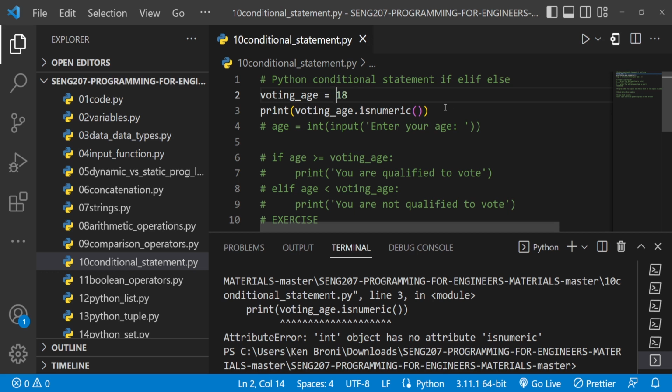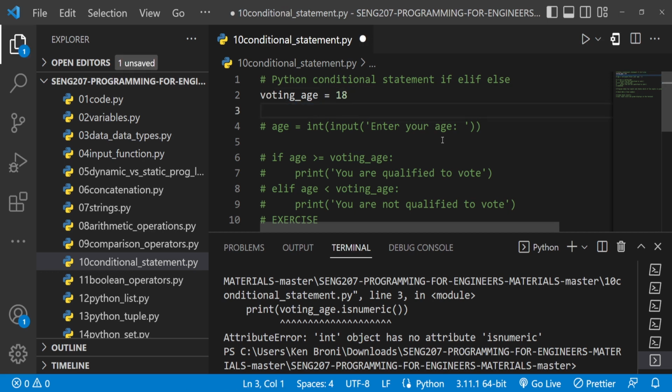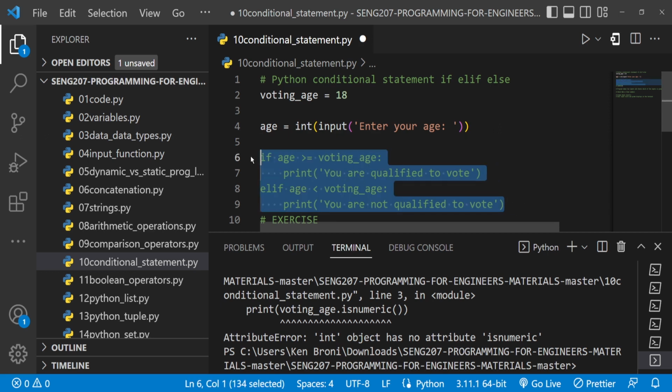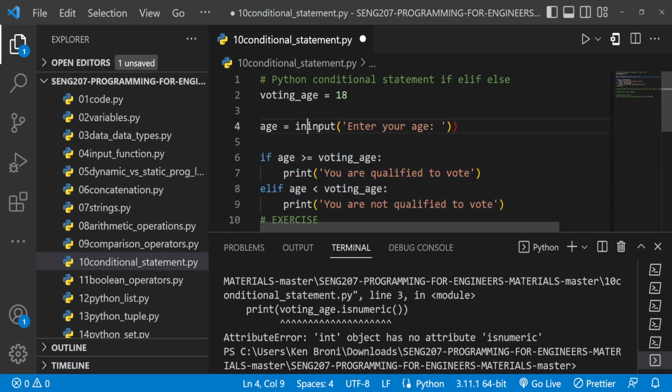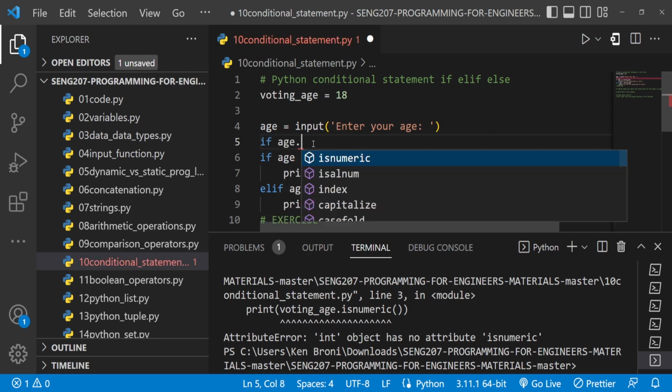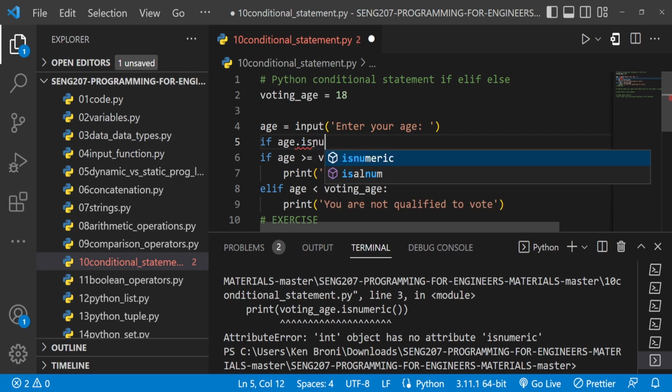So when we do a typecast, the reason why I need to bring all this is if we do a typecast at this level, this will now be saved as an int over here, and we cannot use the is numeric to check if it is numeric, and that's where a problem may come from. So all that I want to do, let me uncomment this. All that I want to do is I would rather leave this as a string, and now I can say that if the age dot